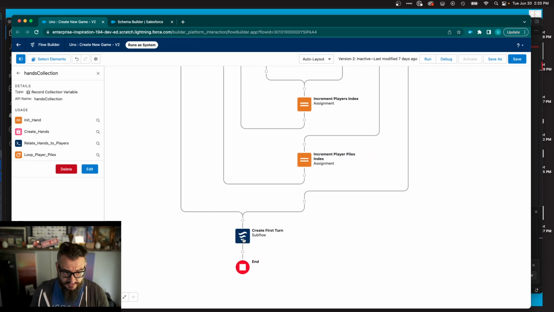create first turn, which is also a subflow. This is a good example of using a flow similar to an invocable action, to take parameters, because we don't just need to create a first turn, we need to create turns. So I've offloaded that responsibility to this create turn. If I can find it,